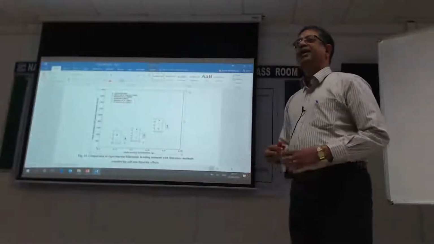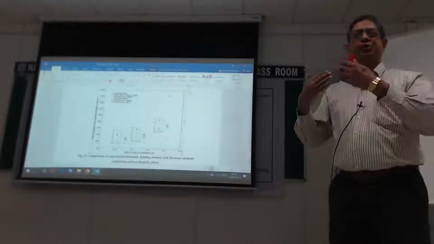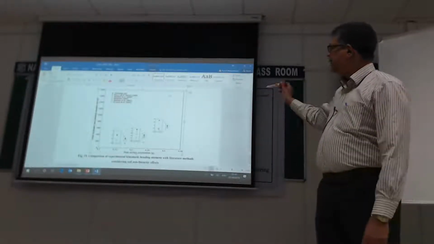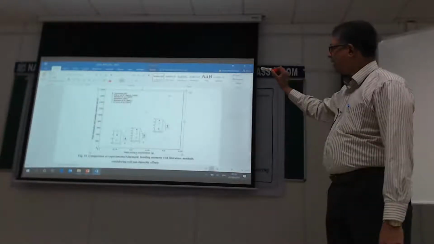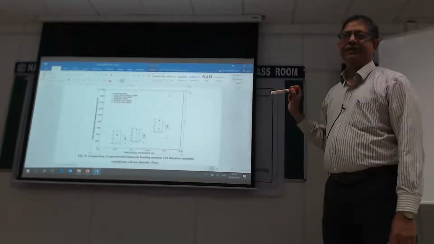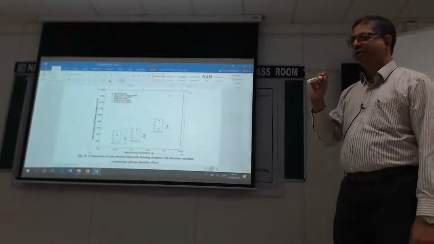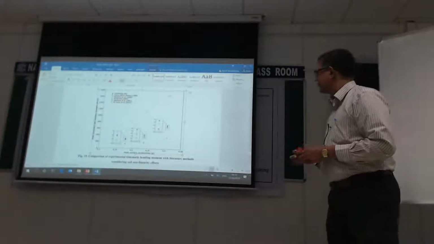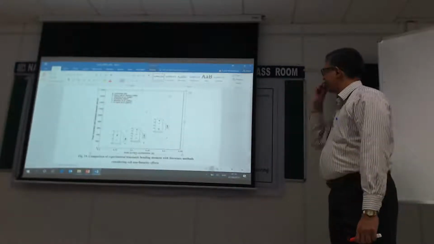After we allow for this correction due to nonlinearity in soil, a few of them come close. So the dark dots are the centrifuge results. In the plot I've shown you earlier, they were very far apart, whereas now, after correcting, there are a few